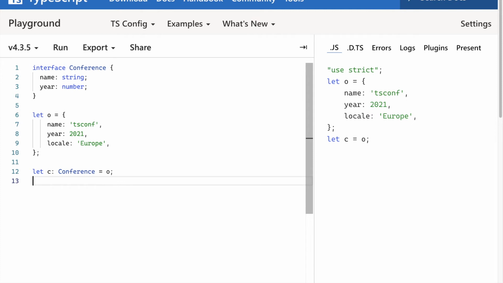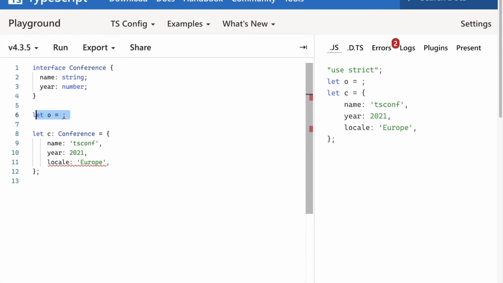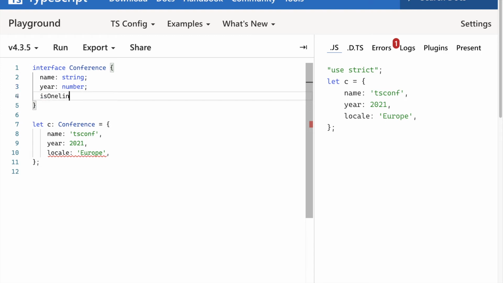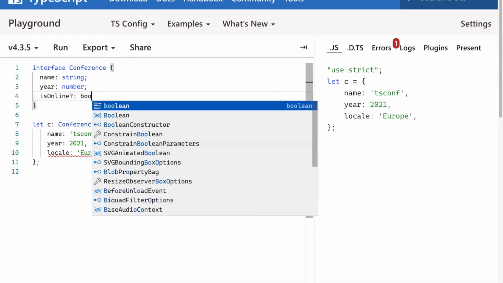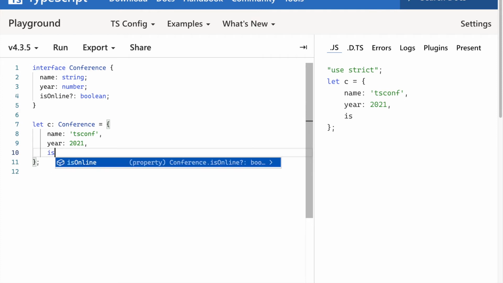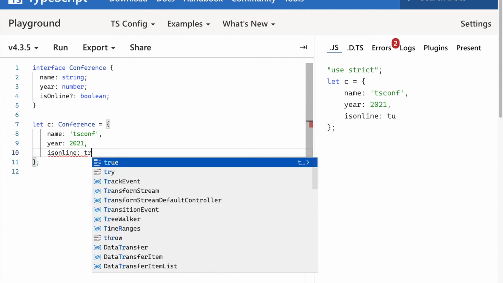So extra properties are not allowed if you're assigning an object literal to something with a known type, but that's a separate process from type checking. I think the best way to think about it is that it's a way to catch things like typos that have to do with optional properties. So for example, I could add an isOnline Boolean property here, and if I typed isOnline true here,